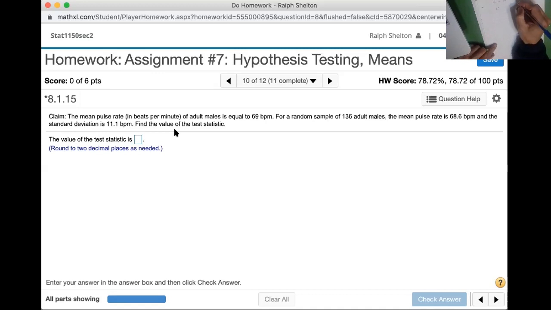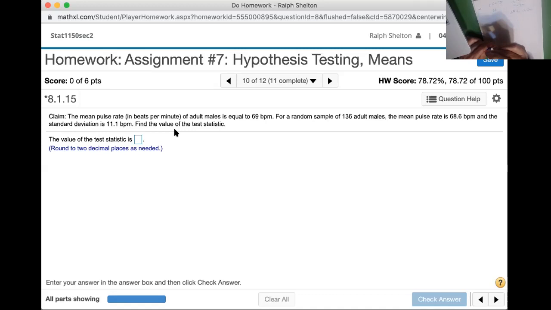For a random sample of 136 males, so that's our sample size n, 68.6 was the beats per minute for that sample. And it gives us a standard deviation, okay? Standard deviation is 11.1 beats per minute. All right, now notice for a random sample of 136 males, okay,